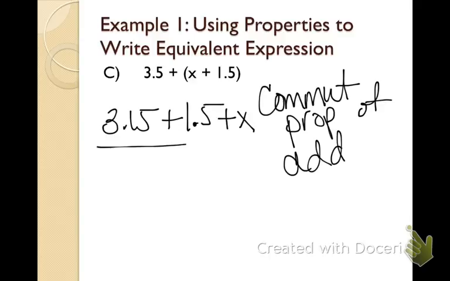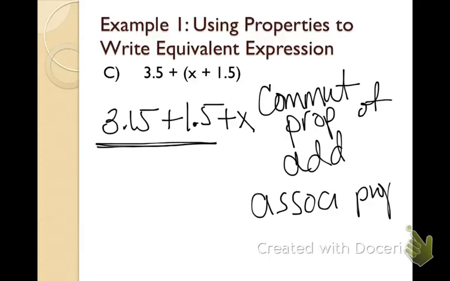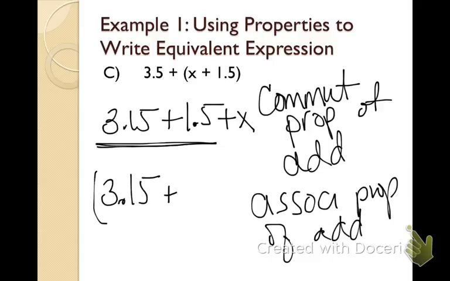And I want to make sure that I do this addition first, so I'm going to associate those. I'm going to use the associative property of addition to associate my 3.5 with my 1.5, so that I make sure I do that first, plus my x. That should make the math easier,